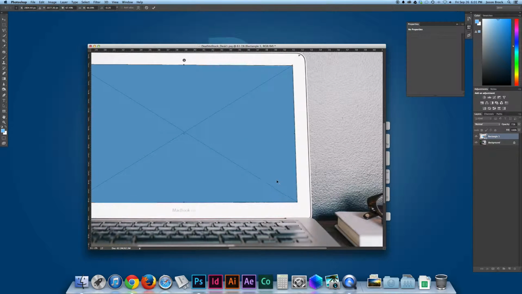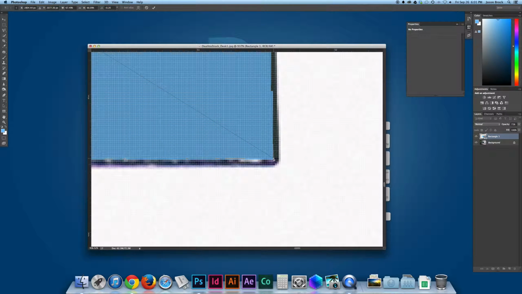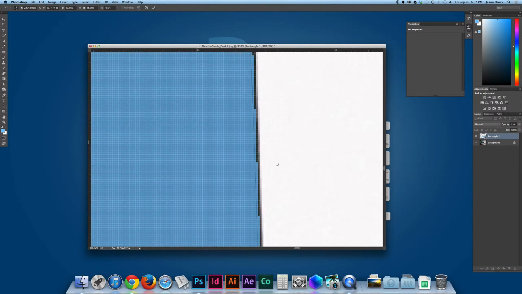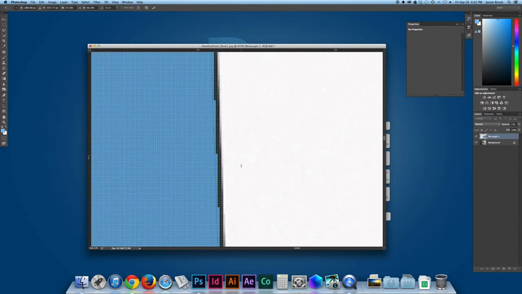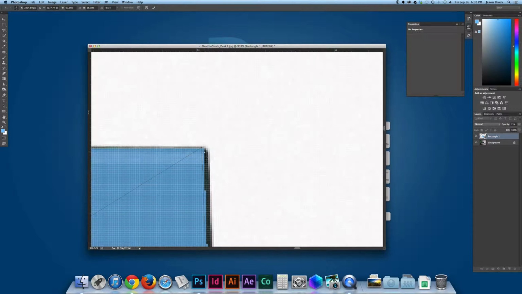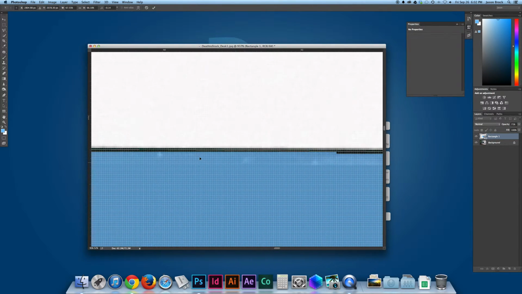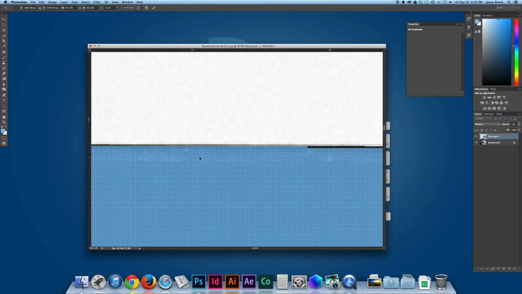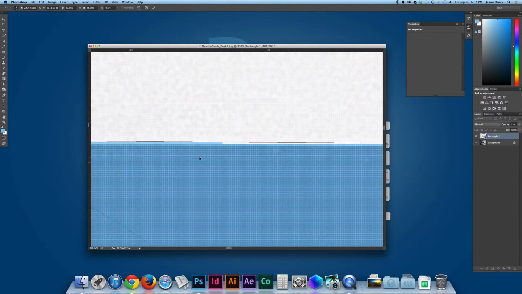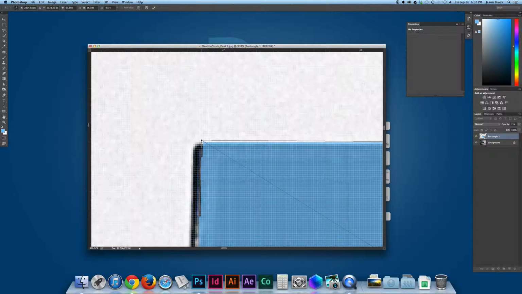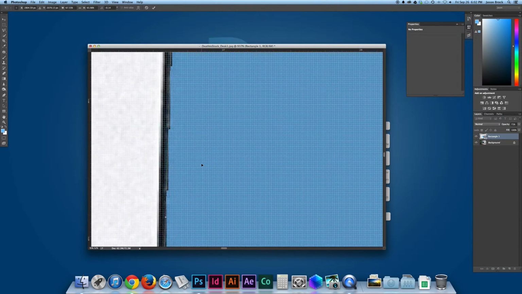Now I'm going to zoom in close to the corners here and make sure that I'm getting just a little bit of black outline, because I want to show that rubber ring that goes around the image. It looks fairly realistic, but I don't really want to show much more than that. If you have a photograph of a Mac that you're going to use, or any computer, give yourself a little bit of space there. And better yet, if you take the photo while the machine is off, so you're not dealing with randomly placed bits of images. So I'm just going to pull this in and around so that that line is fairly straight all the way around.